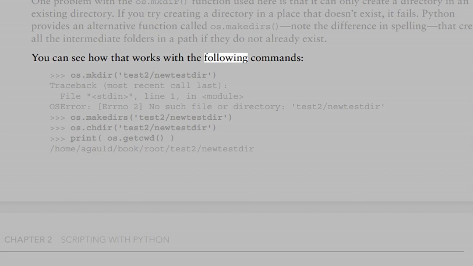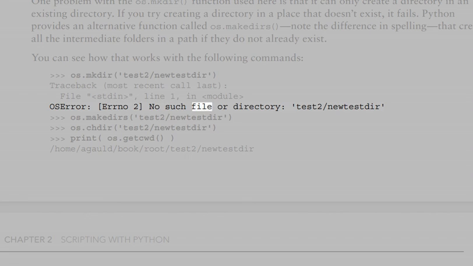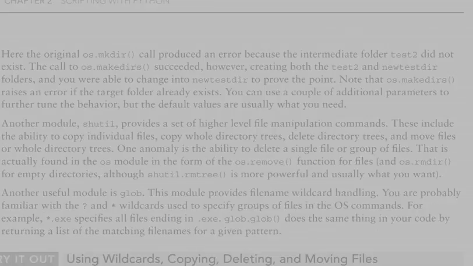You can see how that works with the following commands. os.mkdir('test2/newtester') gives Traceback, most recent call last: File stdin, line 1, in module, OSError: Errno 2, no such file or directory: 'test2/newtester'. os.makedirs('test2/newtester'), os.chdir('test2/newtester'), print(os.getcwd()) prints /home/agald/book/root/test2/newtester. Here the original os